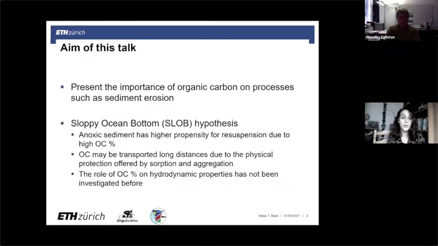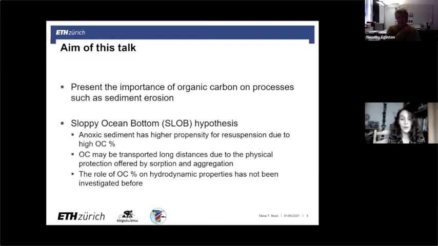So the aim of this talk, or my goal today, is to present you and possibly convince you of the importance of organic carbon on processes such as sediment erosion. Sediment erosion and resuspension happens in all sorts of environments all over the globe, but it's especially important in the marine system, as the sediment is capable of transporting large amounts of organic carbon for long distances and over long time scales,